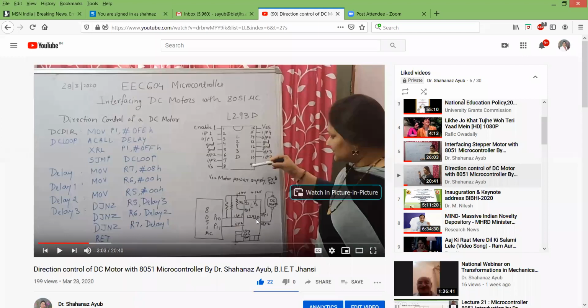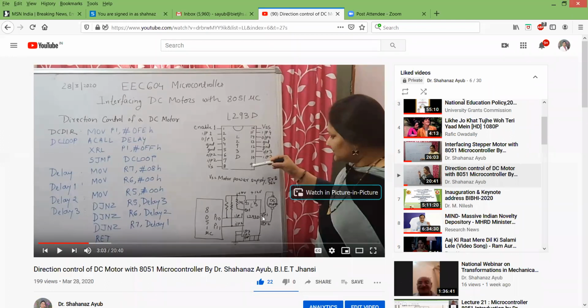After this, what is this doing? This is only enhancing the current capability, from 10 milliampere to 600 milliampere, and if you observe the peak, it will be 1.2 ampere. That means this much current is now sufficient to drive the motor. For input 1 the corresponding output pin is output 1, and for input 2 the corresponding output pin is output 2. So whatever is available on port 1.0 will be available at output 1, but with enhanced current capability.